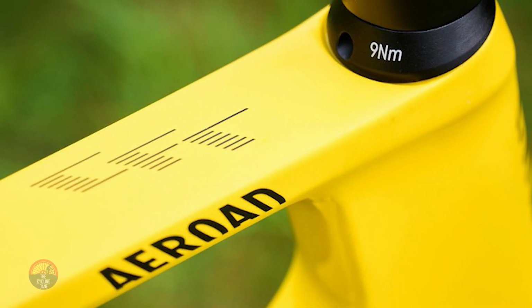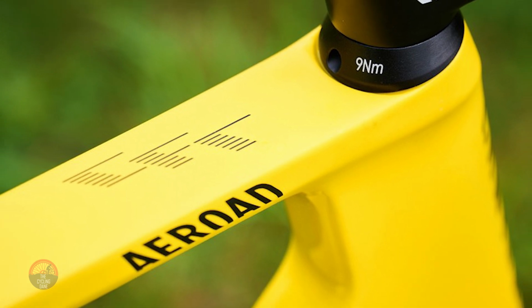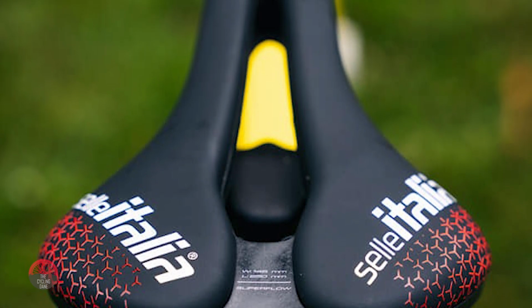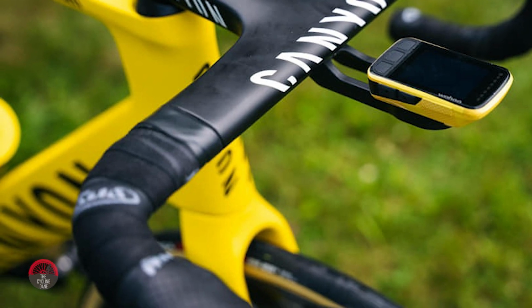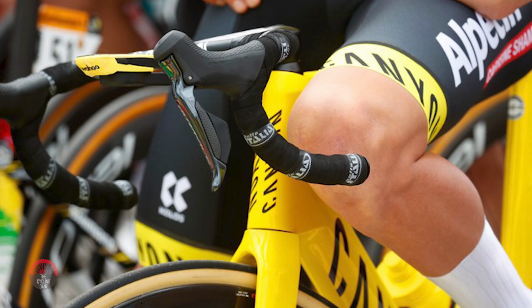But with aerodynamics affecting a bike pretty much all the way through a ride, it's no surprise they focus on aerodynamics in this one, using a Selle Italia Flite saddle with a nice different design to it than what we saw in the previous model. Along with that, still having aerodynamic handlebars made by Canyon that have integrated cable systems as well, in order for the bike to maintain its name as Aeroad, and having super lightweight, thin Selle Italia handlebar tape,